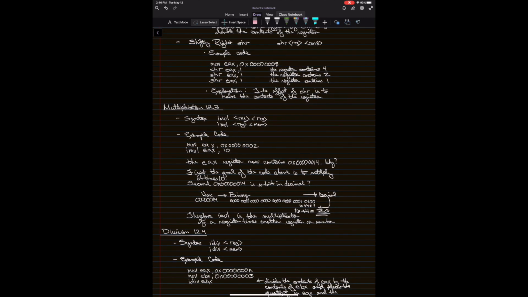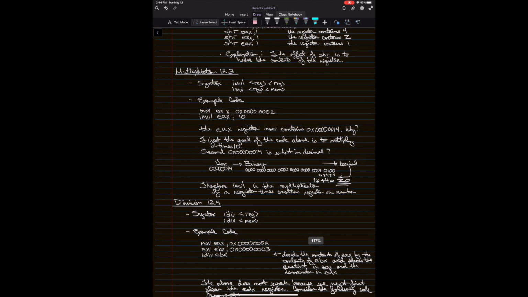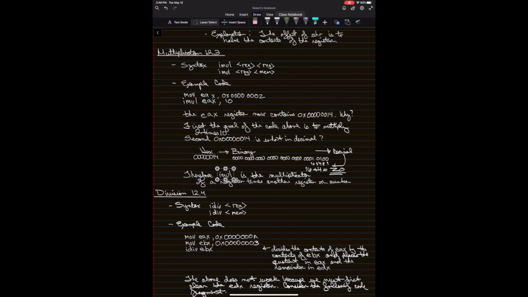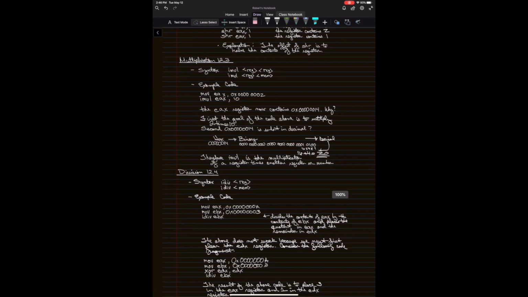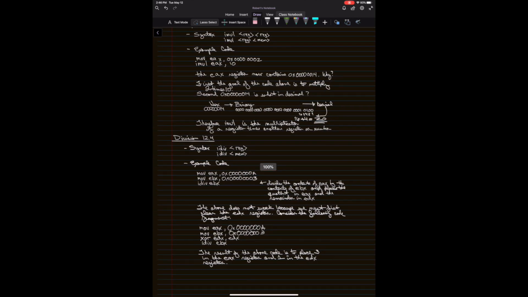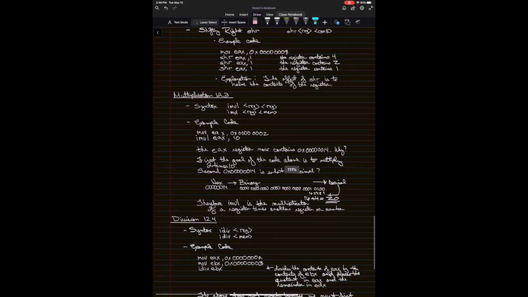So 00000014 in hex is really the same thing as 20 in decimal. So therefore, the imul is a multiplication operation. It's a multiplication mnemonic of the register times another register or a number. All right, and then I think this is our final topic. But before I do that, let's go to